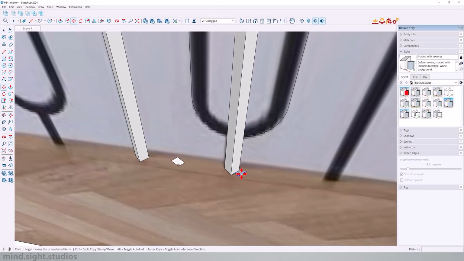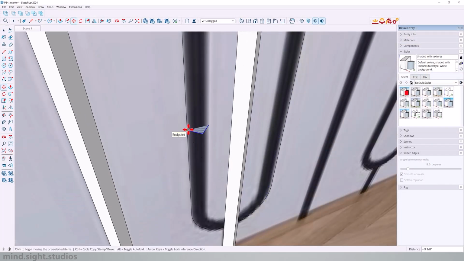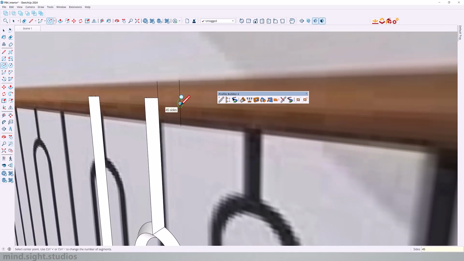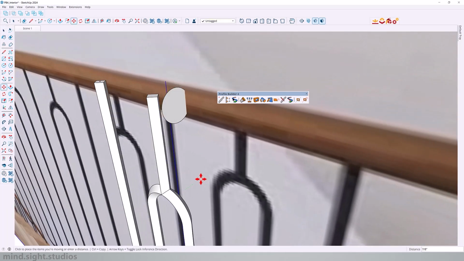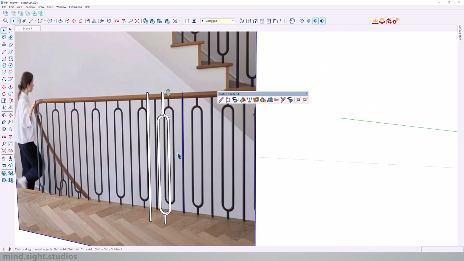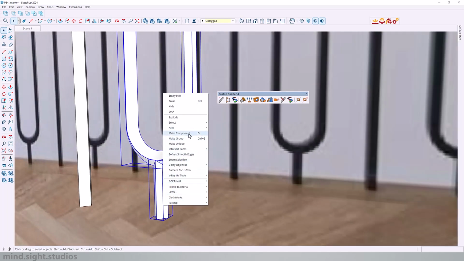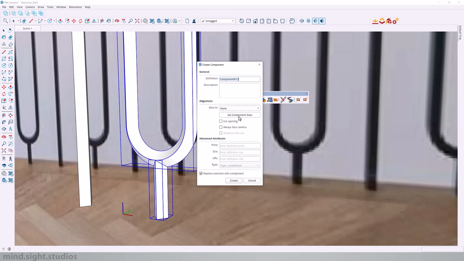So now that we have our image to scale, we can model these two components. And because the handrail is a profile, we'll just model a very simple 2D circle. So this is basically everything we need to create our assembly, and the next step is to turn them into